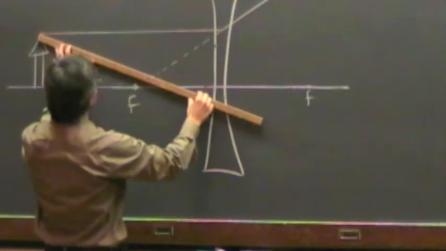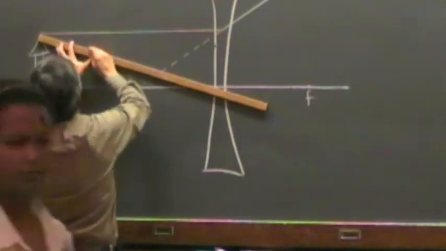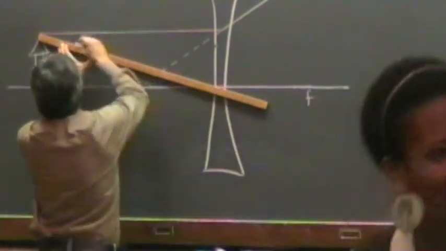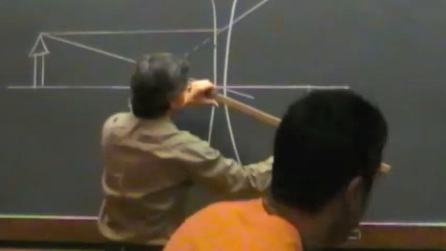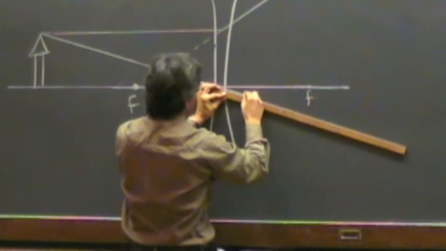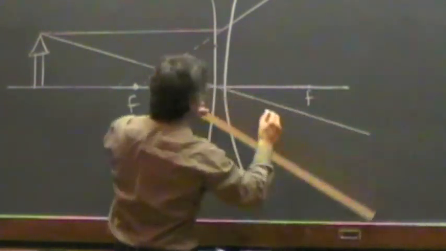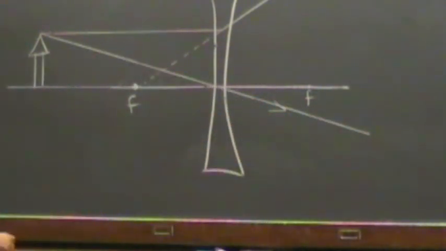The one that goes through the center, the situation is the same as before, because at the center, the lens surfaces are parallel to each other, so they cannot change the direction of a light ray. And that just keeps going as before. And you already know where the image is going to be located. But you could do a third one,